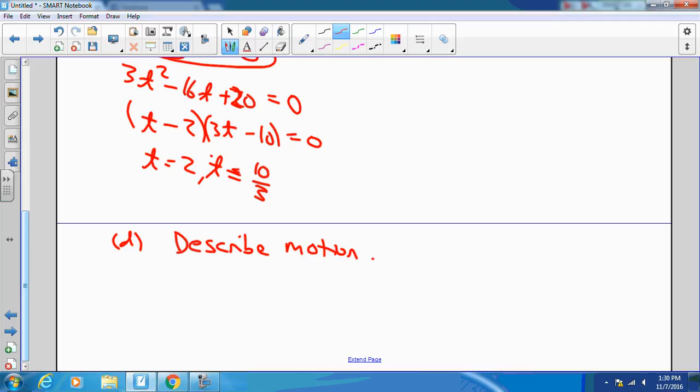To describe the motion, we're going to use our 3 words: left, right, and stop, or forward, backward, and stop. We're going to do that by taking a look at the sign of the velocity for times in the domain. Now here, our domain is for all t's greater than 0, and so we're going to begin by